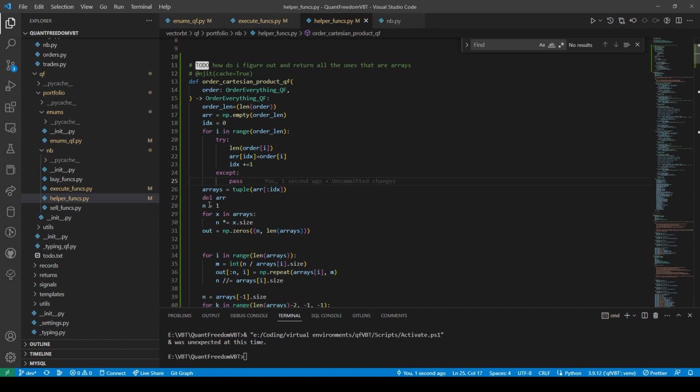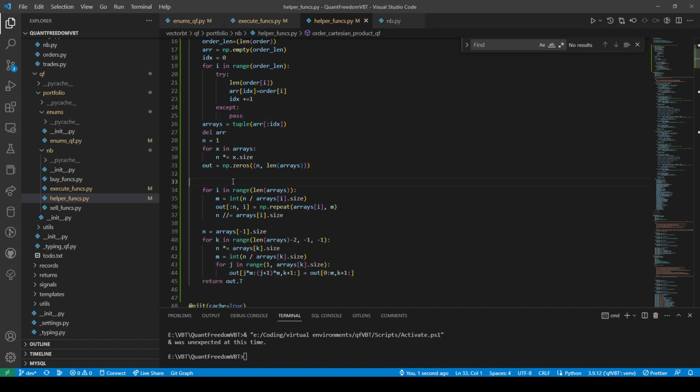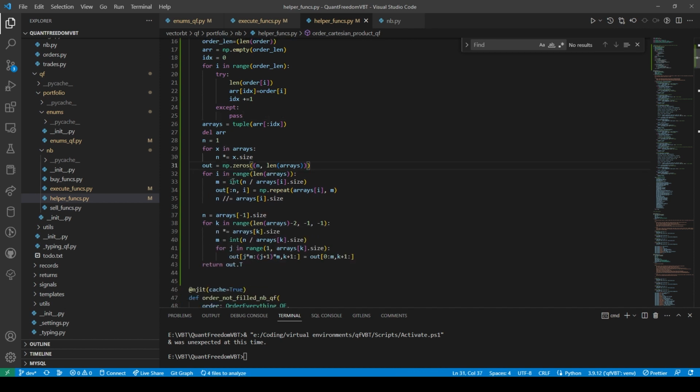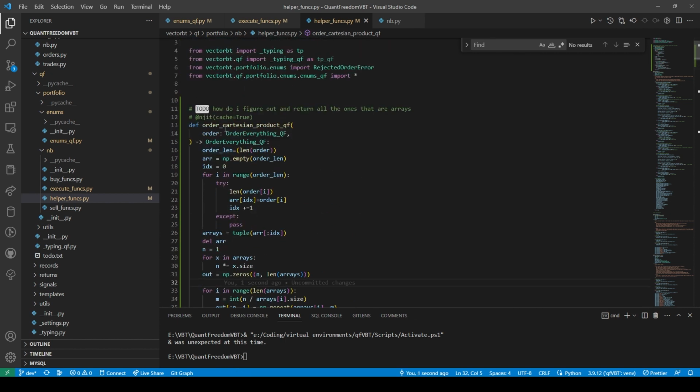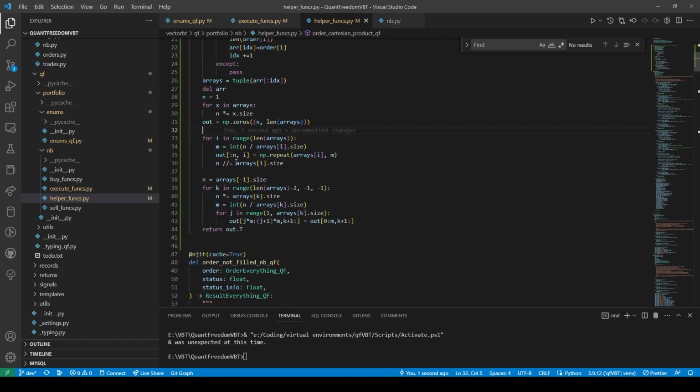Okay. And then here is where you would do all this stuff. And then I don't know what to return.